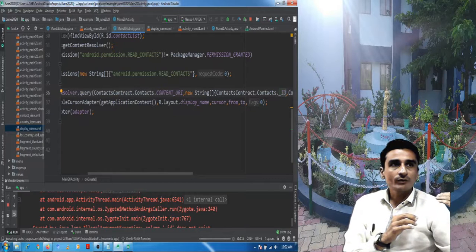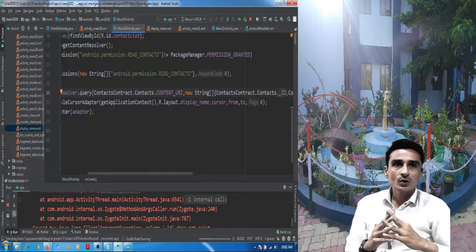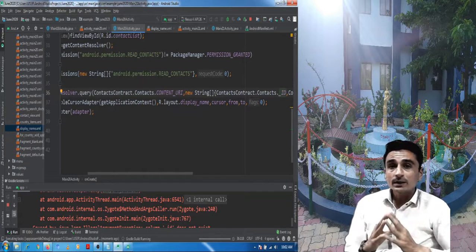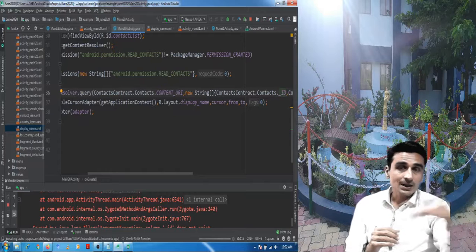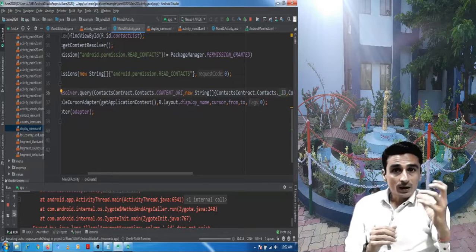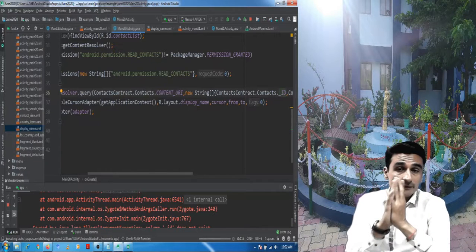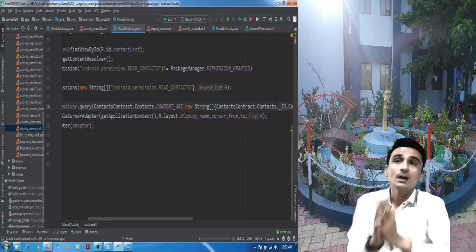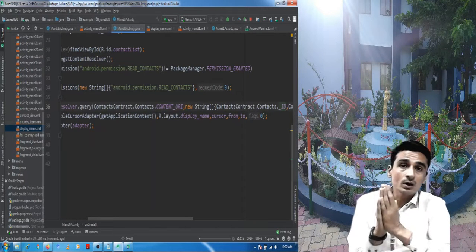Simple cursor adapter is an adapter which just requires a source, that is cursor, and automatically it will read all the records from that source and put them in a list view. But for that it requires a unique field in each record of that source, and the name of that unique field is predefined. It expects that the data source, that cursor, must have a column named underscore ID.